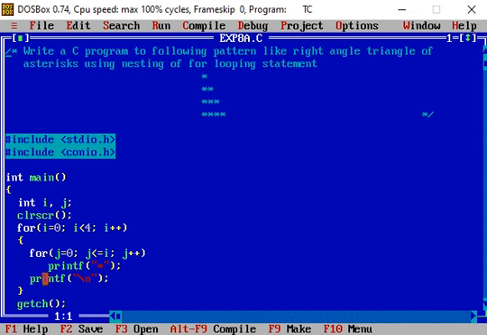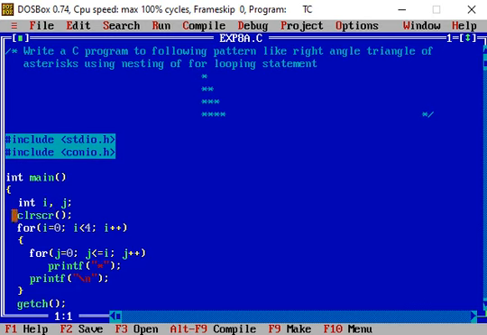And inside the body of this for loop, there is another for looping statement. So the first for loop is called the outer for loop, and the for loop that is inside the for loop is called the inner for loop.